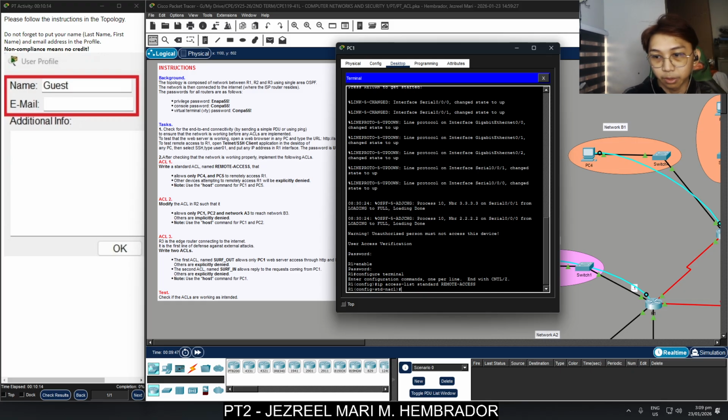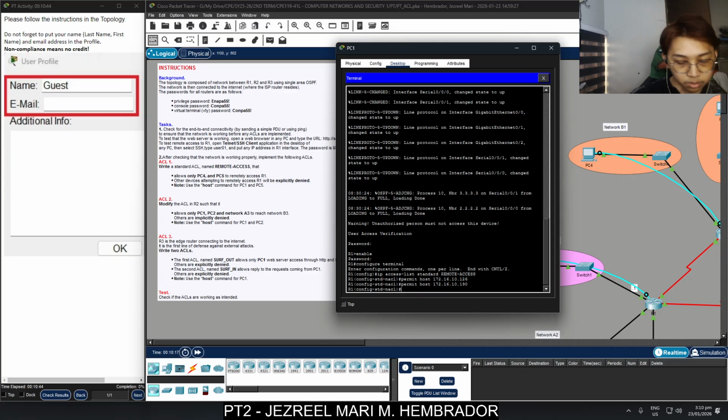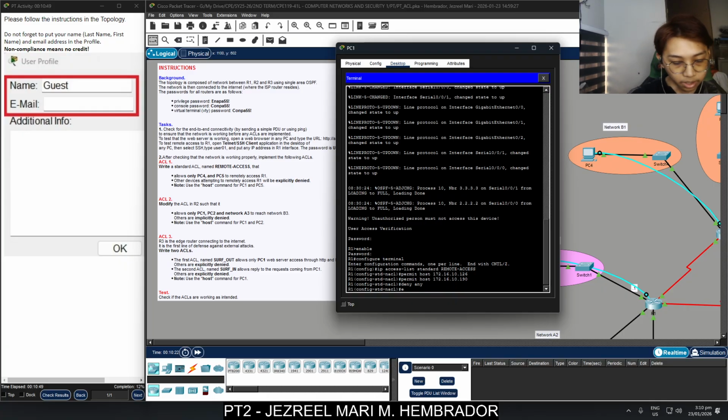So next, I will permit the specific hosts PC4 and PC5. So we're going to type permit host 172.16.10.126 and permit host 172.16.10.190. And then we're going to type deny any and exit.